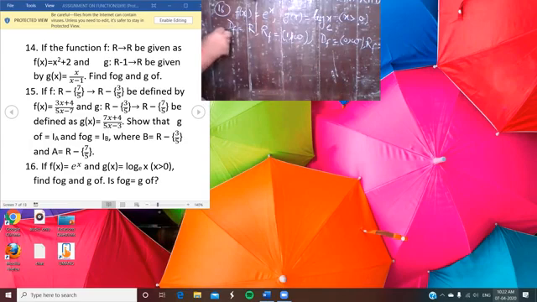So if you're talking about fog, in the case of fog, you only have to check the range of g. The range of g should be a subset of the domain of f. Check it. Range of g,